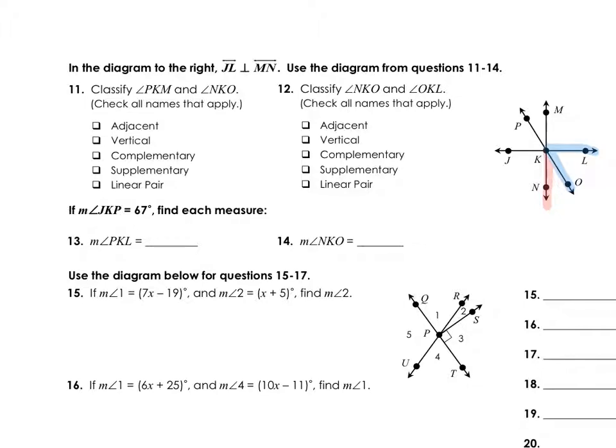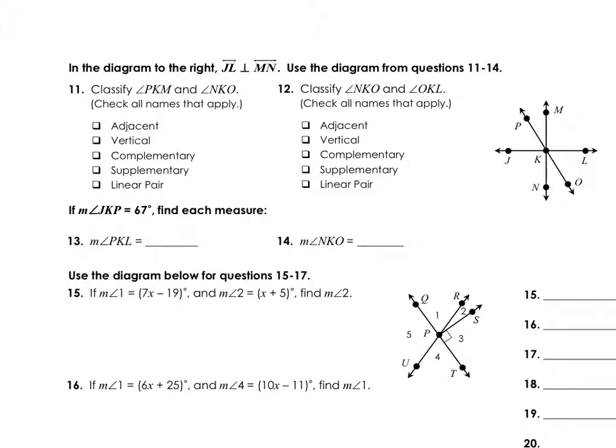So NKO and OKL. Are they adjacent, vertical, complementary, supplementary, or linear pair? Okay. And I am going to erase those so we can do